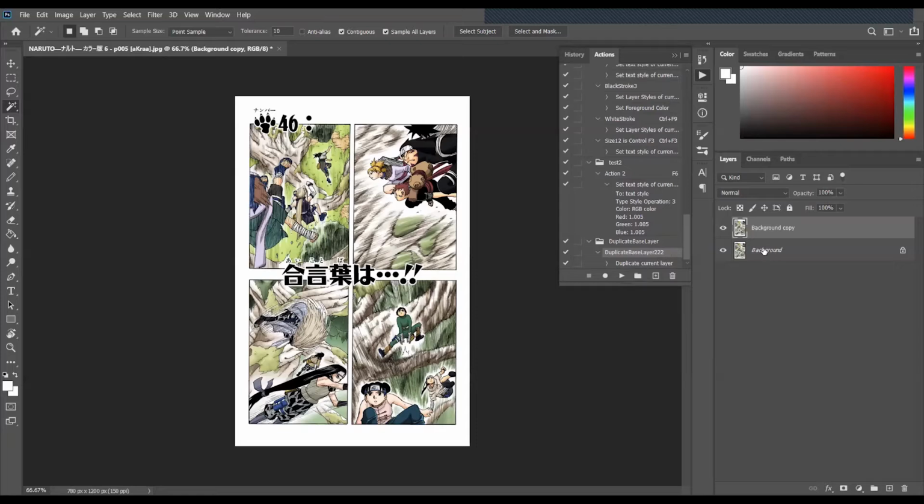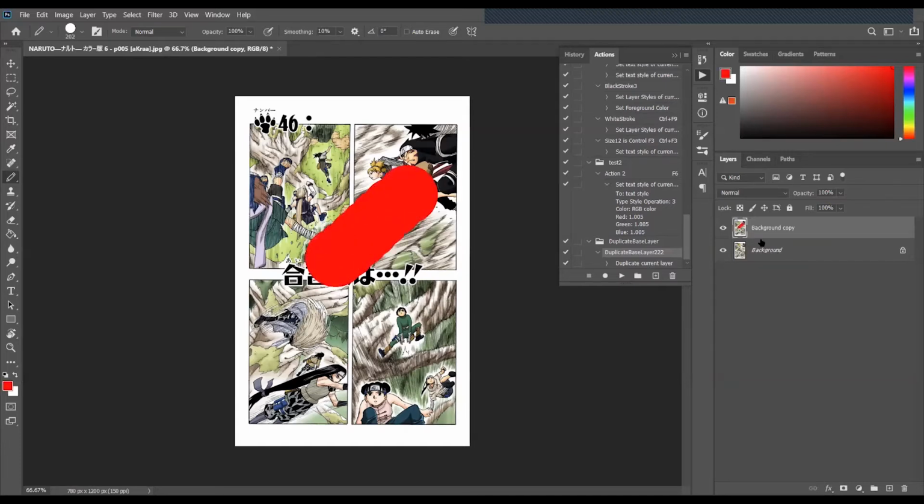Now I want to repeat this process to all 200 pages. But basically with this, you can draw on your background copy, and if you make a mistake, it's okay because you have your raw again. So you can look at what the original looks like. See, anyway,